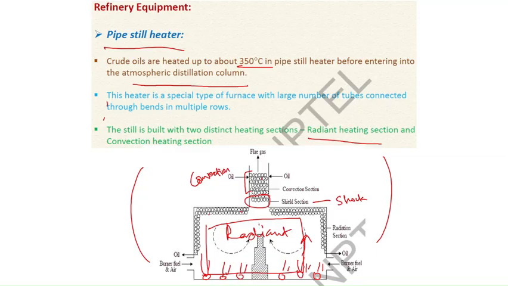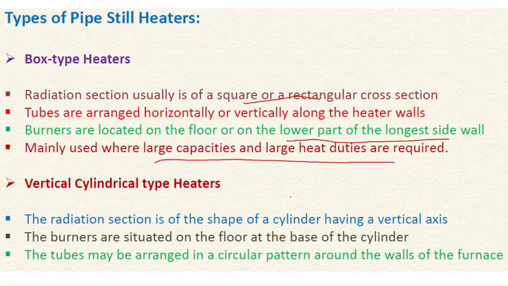Whereas in the convection section, the heating takes place from the off gases of these burners, off gases that are coming from these burners. Okay. Moreover, in this shield and stack section, what happens here? This is a combination of both convection plus radiation. Here, heating takes place due to both the direct heating from the burners as well as the off gases that are coming from these burners. Okay.